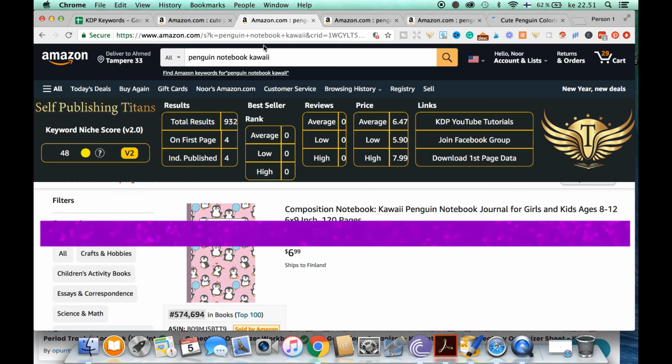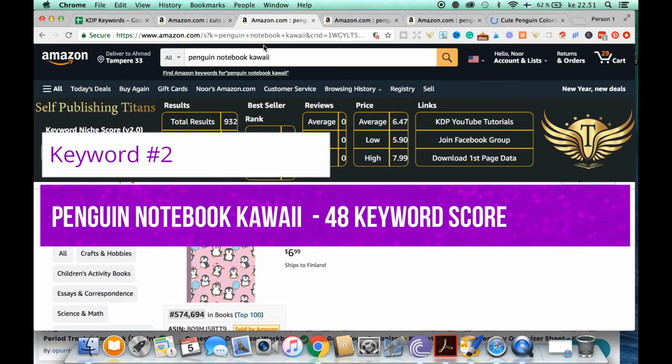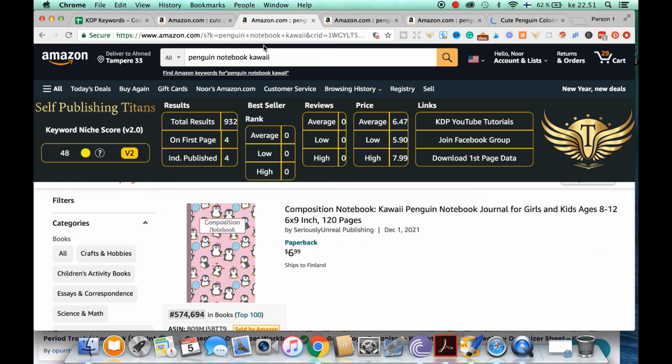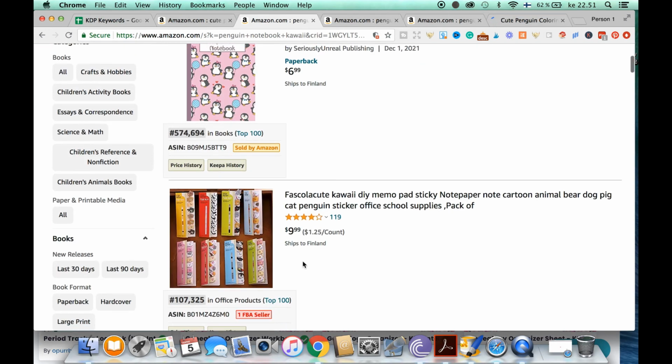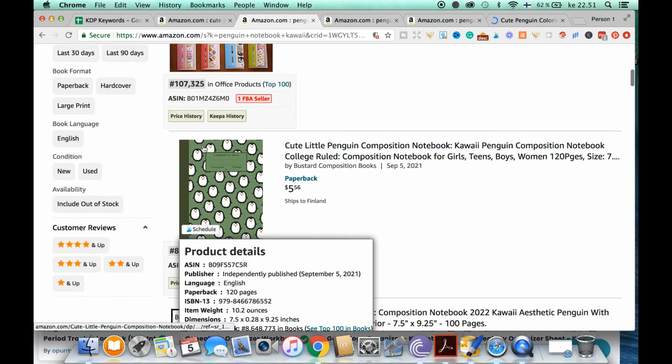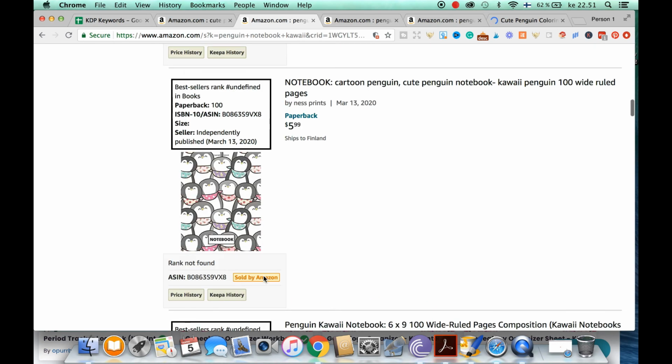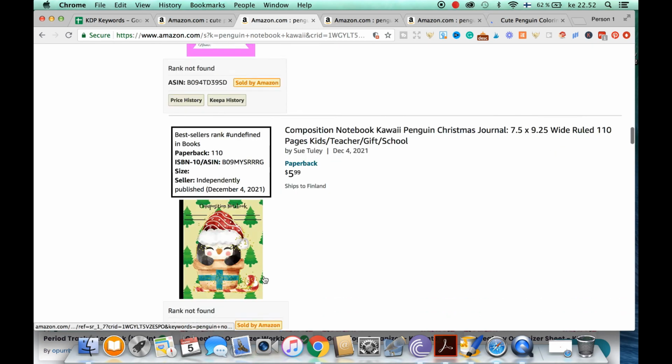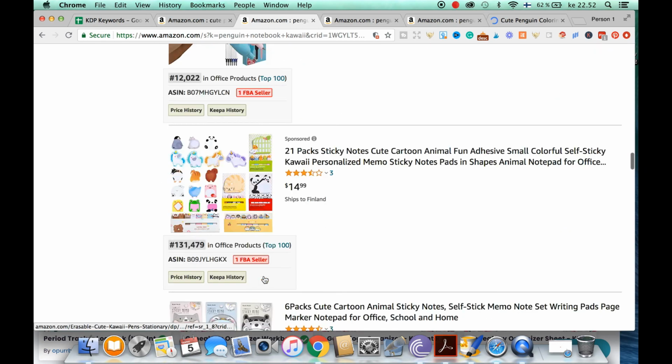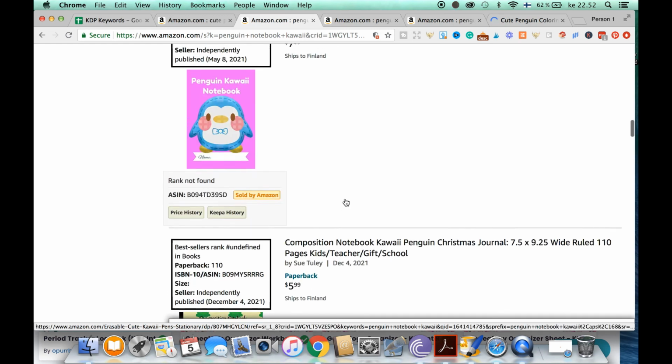Our last keyword right here is also connected to penguins, and we have Penguin Notebook Kawaii. Kawaii is a graphic style of drawing or illustrating, and it's super cute, super adorable, and it stands at a great keyword score of 48. And it's a notebook niche, so it's really easy to create, and it will also allow you to explore different types of